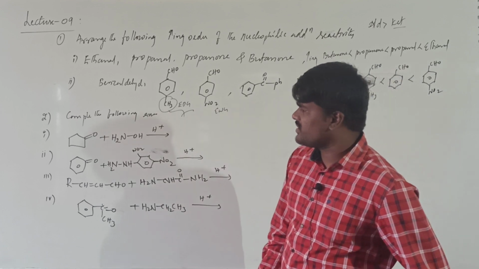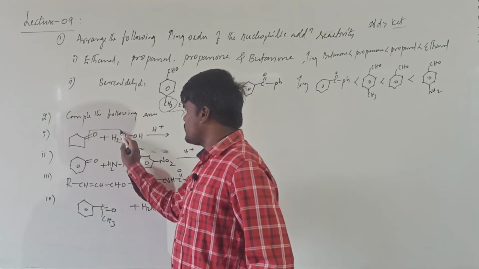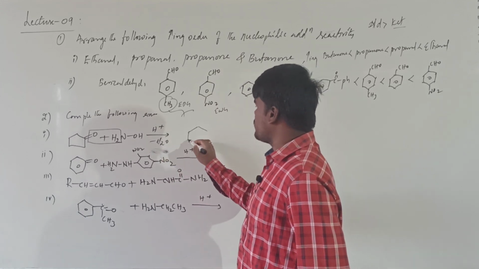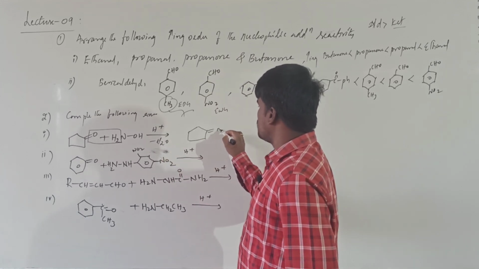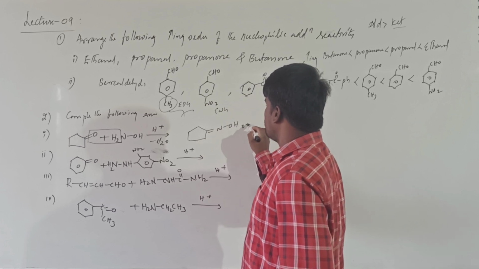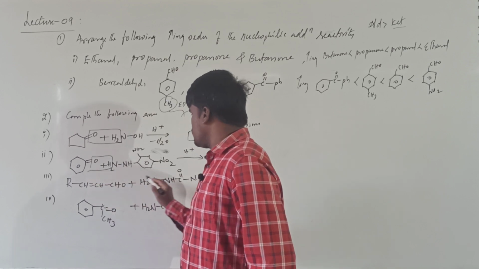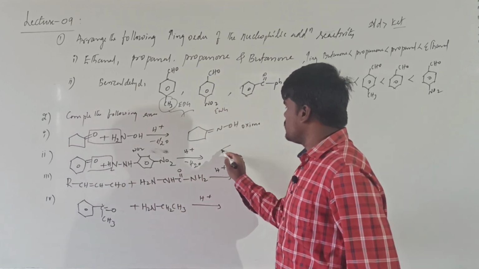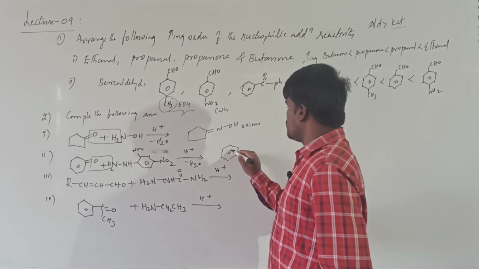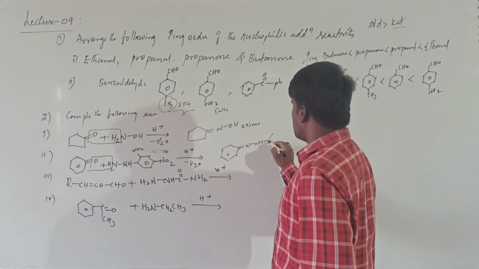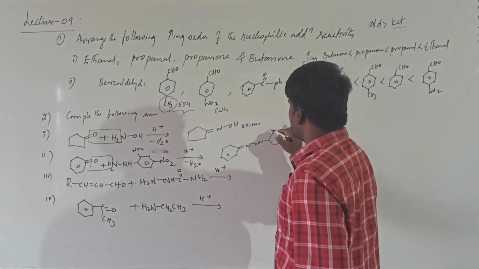And when it comes to the completion of reaction, what reaction takes place here? Elimination of water takes place, and what will it form? So we just connect the carbonyl carbon with that of what? This is what we call oxime. And here what happens? Here also the same thing. Water gets eliminated here. With the removal of water, what do you get here? This will be the product that you will get here.